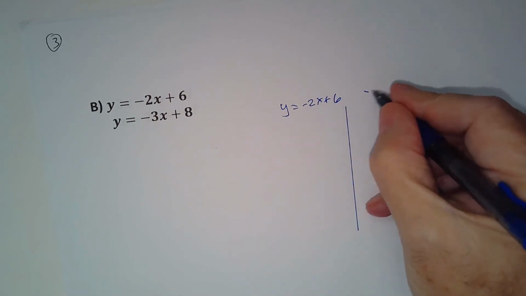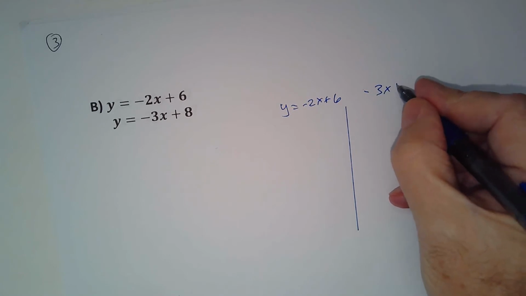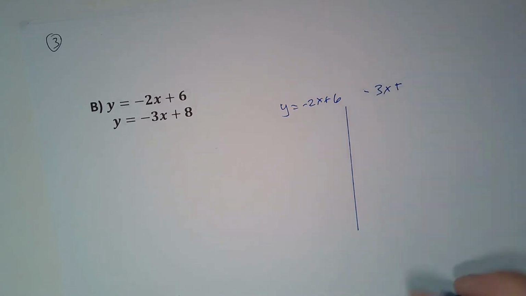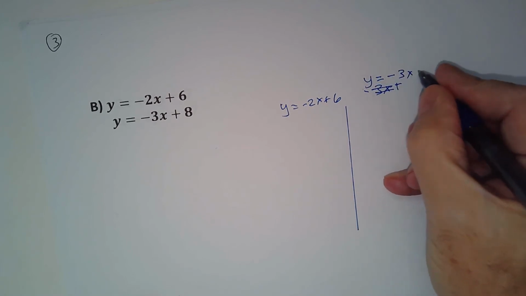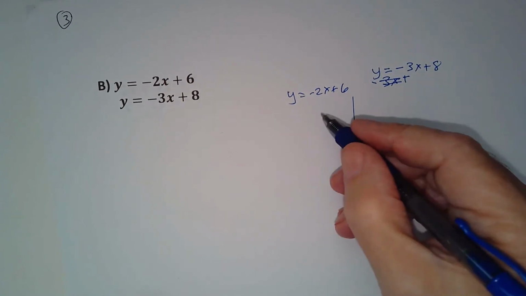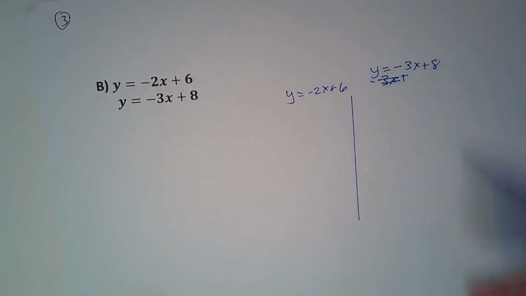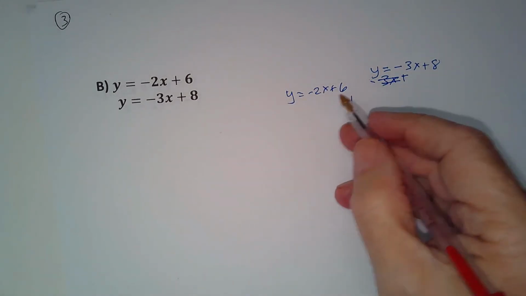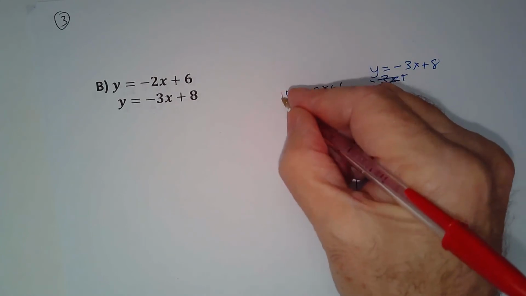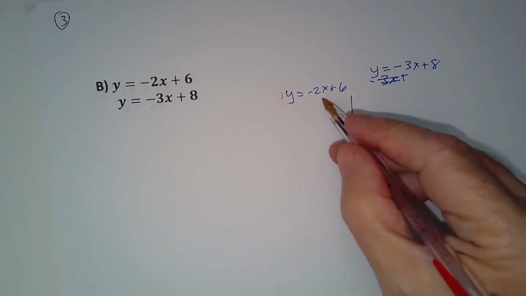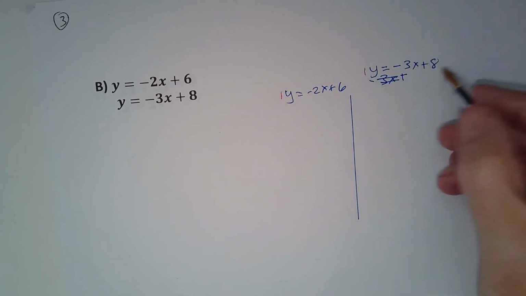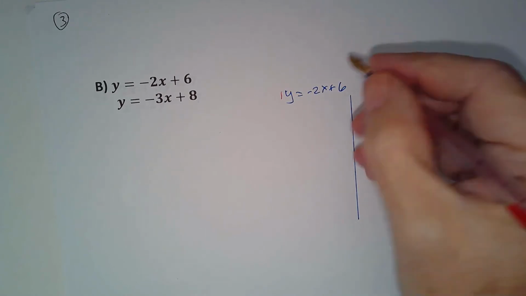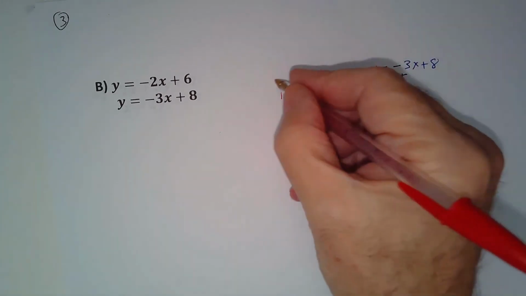And I got y equals -3x plus 8. Okay, so let's start out with finding the easiest thing. If you look at this, over here, the easiest variable is the y. There's just one y here, and you've got negative 2 here, so that's not as good. Over here, again, you've got just one y. All right, so these really are the easy